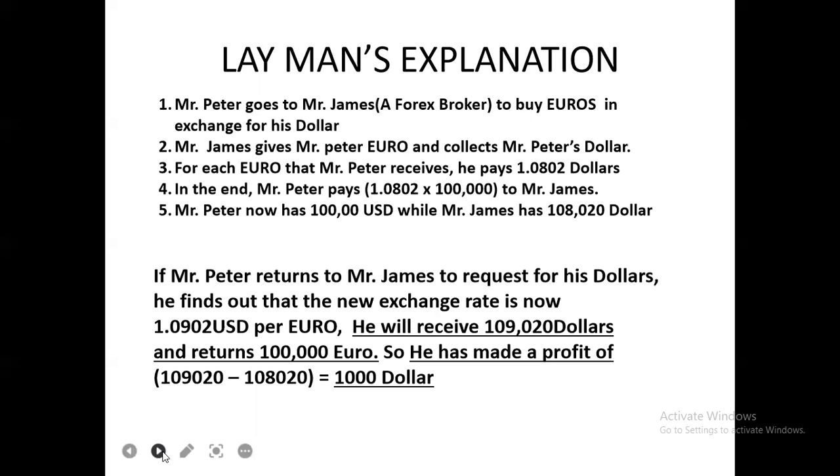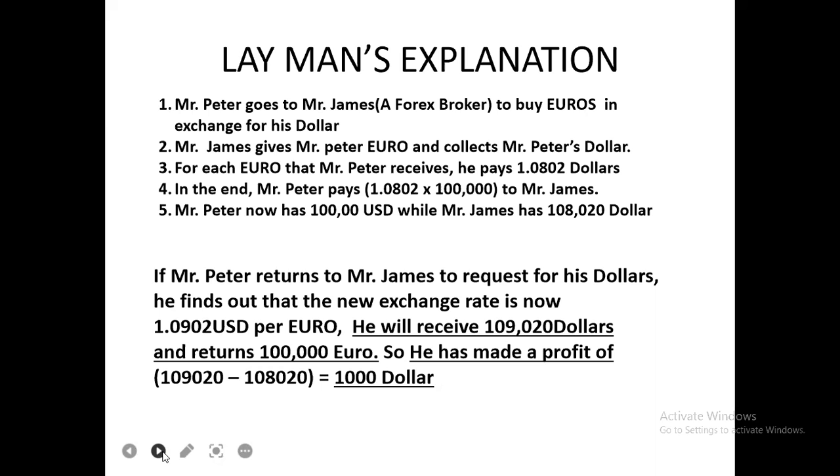So Mr. James now gives Mr. Peter euro and collects Mr. Peter's dollar. Don't forget, in this exchange, there is a good value which both of them must keep in mind. Now, for each euro that Mr. Peter receives, what happens? It pays